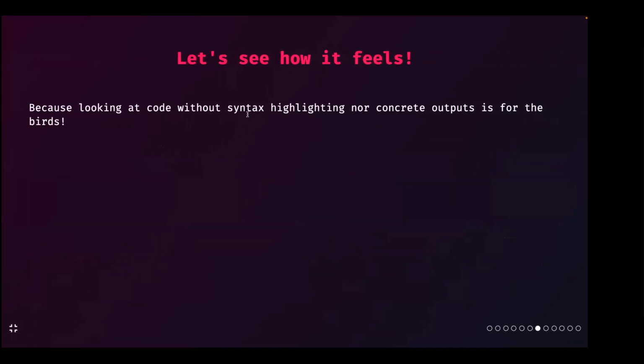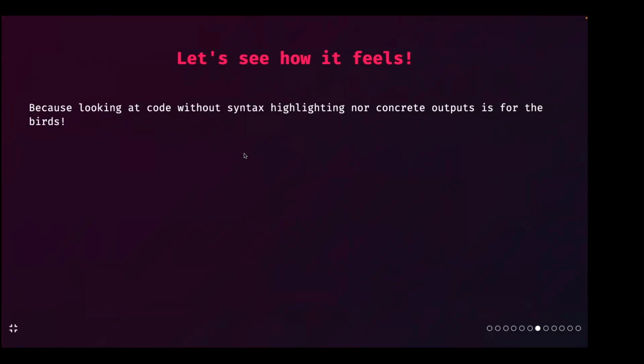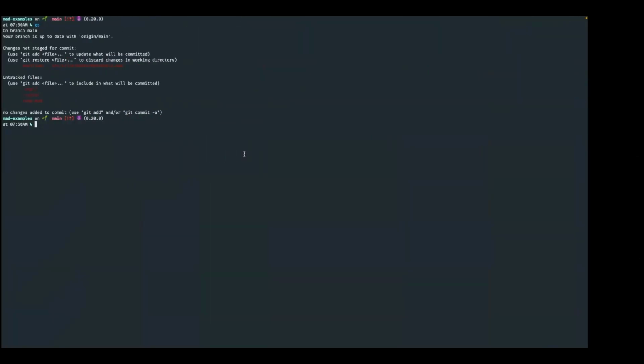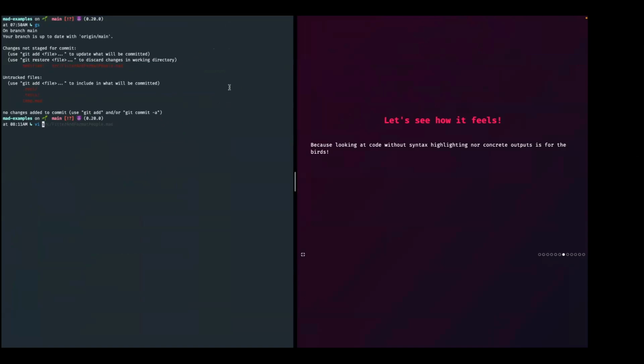I can do syntax highlighting on our site, but I don't yet have it for this setup. So I wanted to see what's the best way. I think I can do this. Cool.